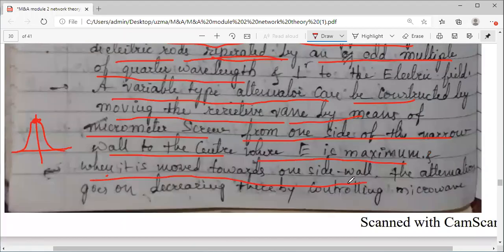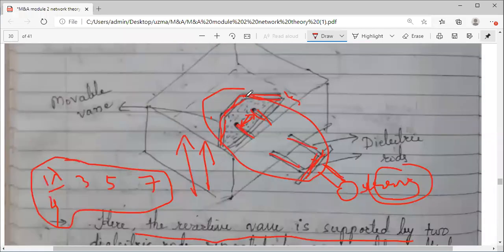So when it is moved towards the side wall, the attenuation goes on decreasing. Obviously, because if you place it at the center, the field value is maximum at the center. So when you keep the position of this moving vane at the center, attenuation will be more. It will absorb more of the transmitted signal.